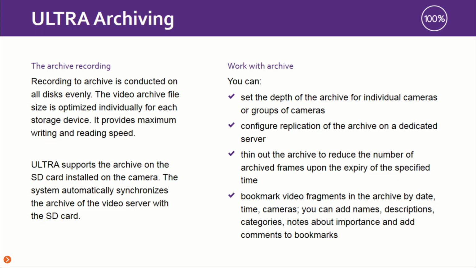Another thing that Eocortex has added into Ultra is mirroring of the archive. Simultaneously, when archiving is done to a particular folder, you can add drives directly to the machine, or you may use network storage space as well.